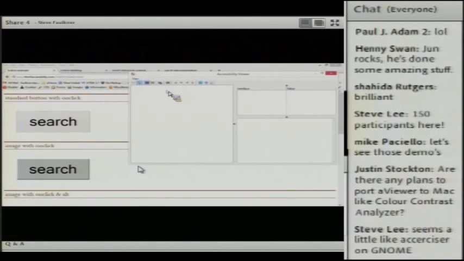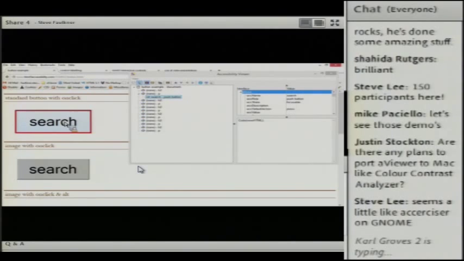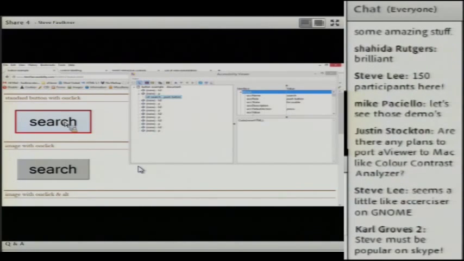Sorry, my phone's just bleeping at me. So what I'll do is I've just hovered over the search button, and as you can see, it shows me the search button. It shows me a range of information.